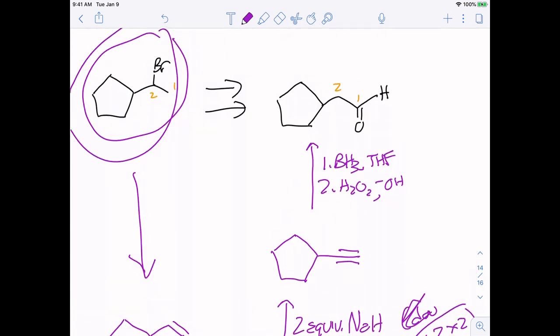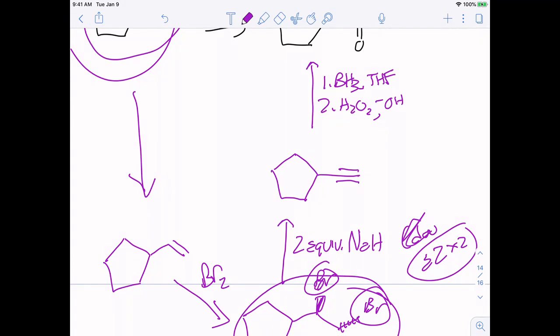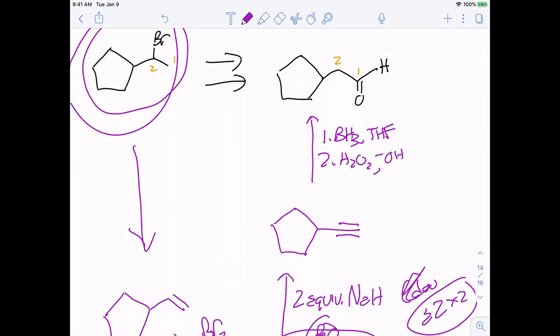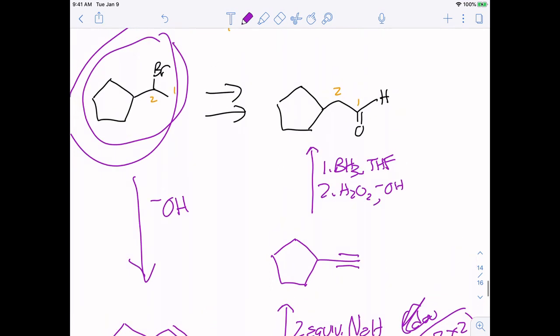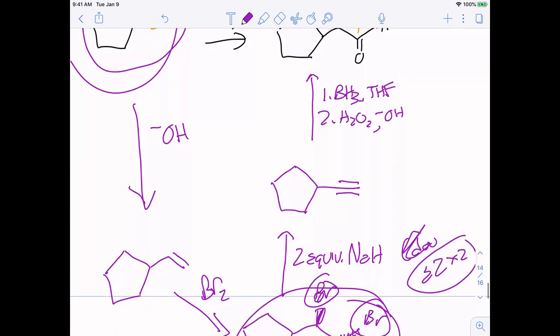If I have an alkyl halide, I can get a pi bond. I just have to do another E2, just a single E2. So instead of 2 equivalents of my base, I just need 1 equivalent. I'm going to use hydroxide this time. You could use a bulky base, right? This is just straight out of chapter 8. So I have a secondary alkyl halide, I have an alkene, so this is just going to be an E2